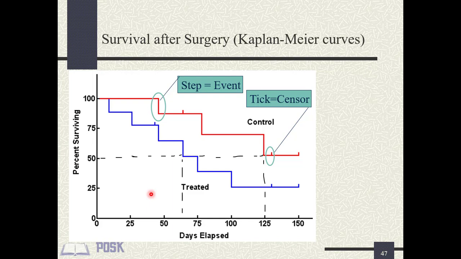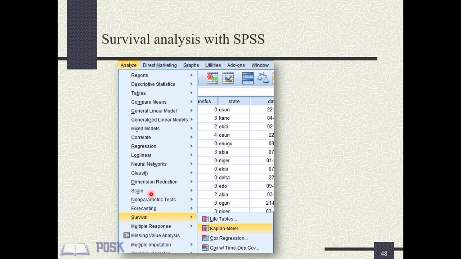Kaplan-Meier curves provide a graphical means of comparing the outcomes of 2 groups. For example, the control group has a higher survival than the treatment group. Also, survival times can be measured directly from the curve. For example, the median survival time of the treated group is 60 days and 125 days for the control group. But the Kaplan-Meier curve has a weakness. It does not account for confounding or the effects of other covariates on survival times.